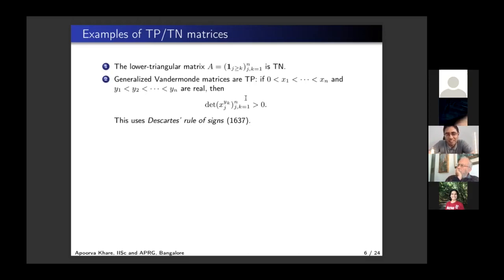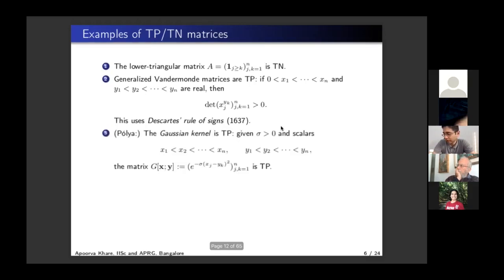Anyway, it's a very nice homotopy argument from the usual Vandermonde to the generalized Vandermonde. It's a very nice argument. Anyway, this uses Descartes' rule of signs and nothing more. It's not too bad to prove. I won't prove it today. But as a consequence of this observation is a lemma of Polya, which says that the Gaussian kernel is